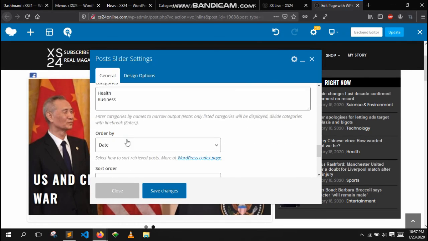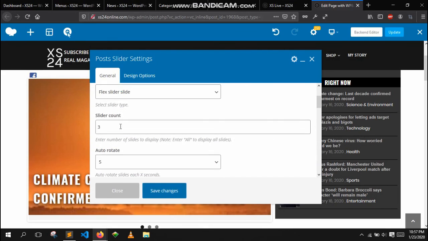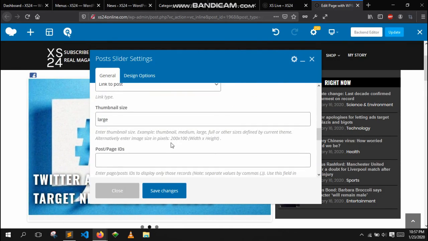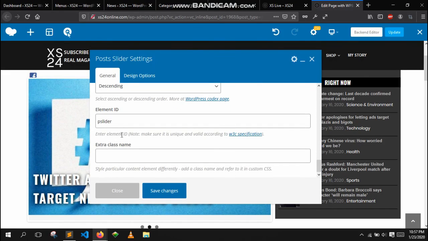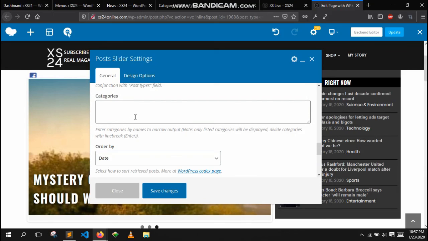However, if you just delete this, then it will display all the categories one by one, depending on the number that you have selected. For example, if you set the slider count to 3, it will show the top 3 recent posts from all categories if nothing is defined here. Okay,